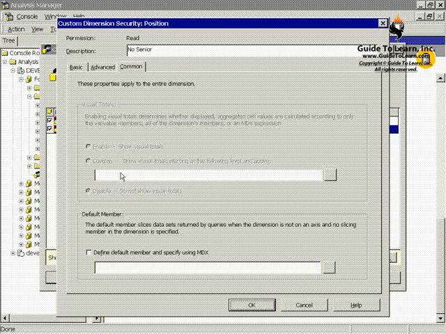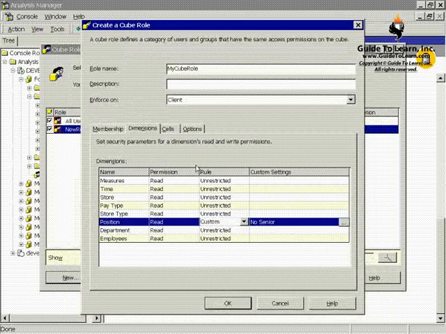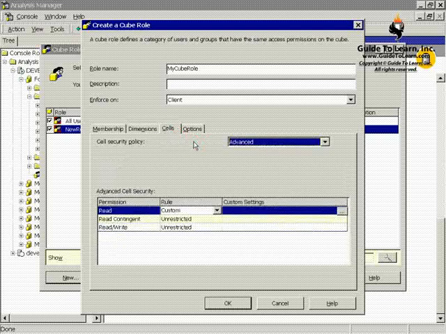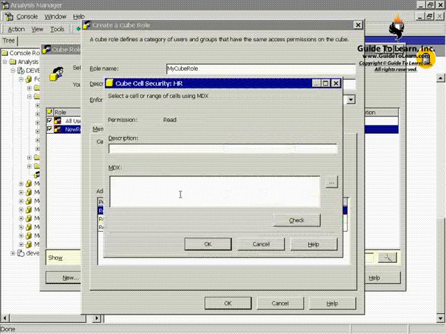As far as the MDX itself, I can click on this build button, and it automatically brings up the MDX builder for me. What I can do is go with the current member name. So right down in here on the members, I can go with the current member. And for the position, I'm choosing position as a dimension. And I go with the name of the current member, which is a property of it. I say if it's not equal to middle management,